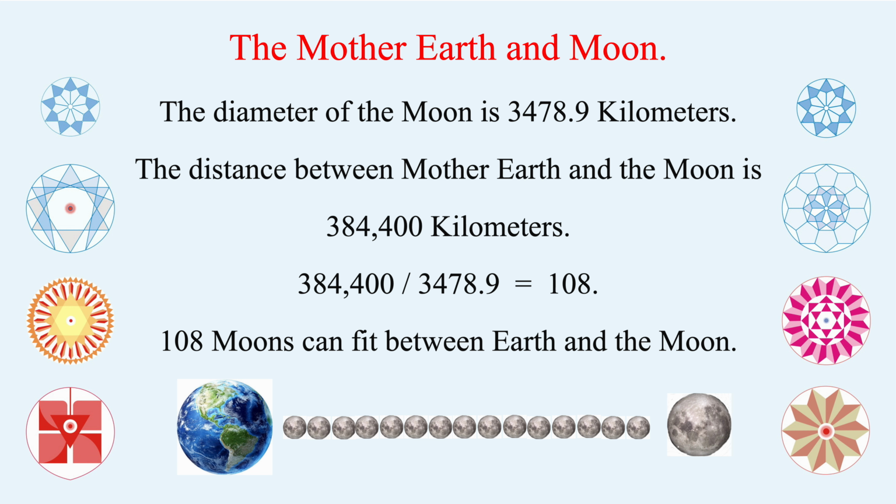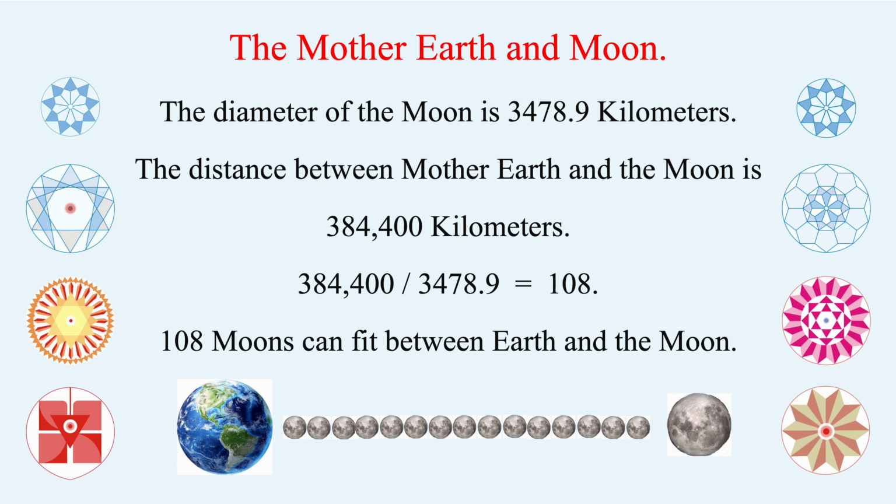Earth comes from the Sun, but the Moon is from Earth. So between the Moon and Earth, 108 moons can fit in. Amazing. Between Earth and Sun, 108 Suns, and on the Sun, 108 Earths. What a coincidence. Now you can understand the importance of 108,